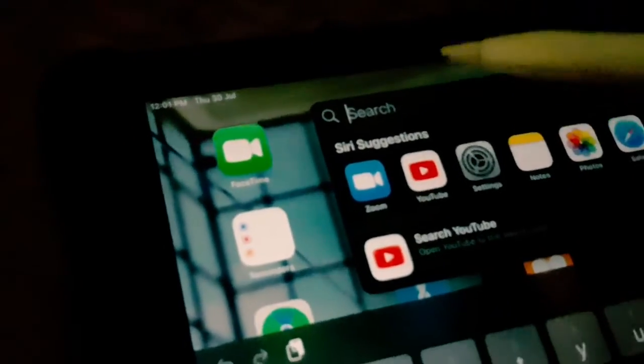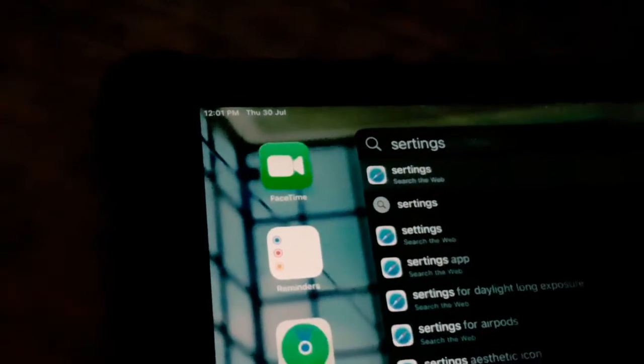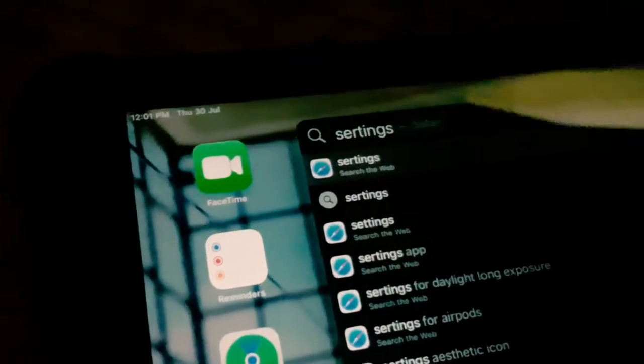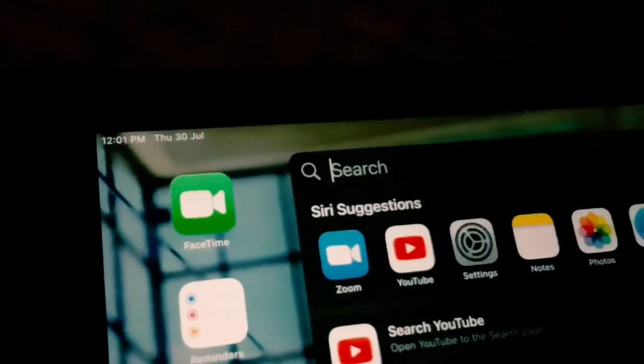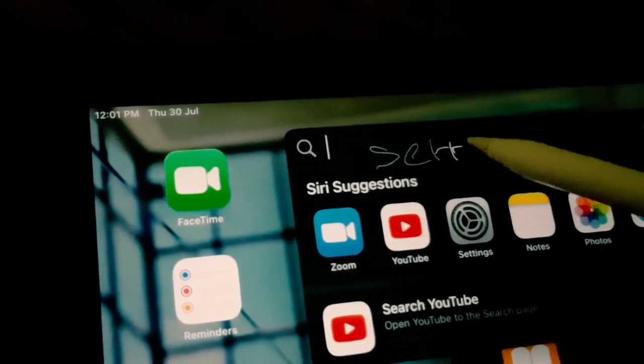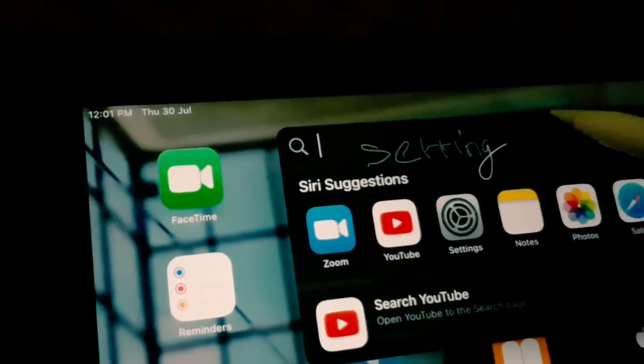One more feature I need to show you. Now you can see this is the search column, and I'm going to write something. And oh my god, you can see it works well. This is called the Scribble feature. I'll show you how it works.